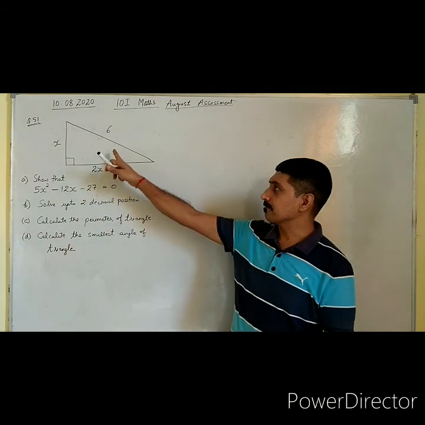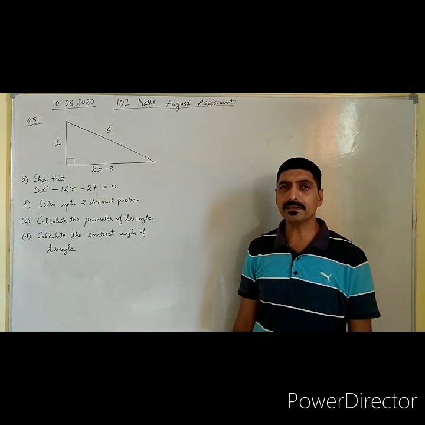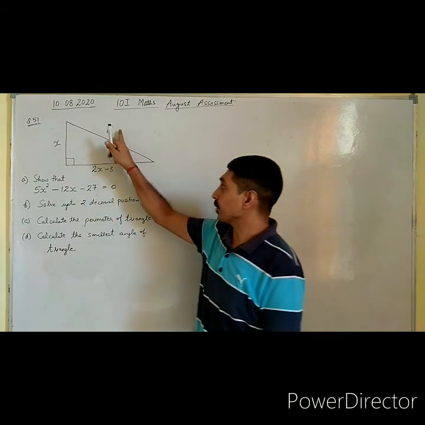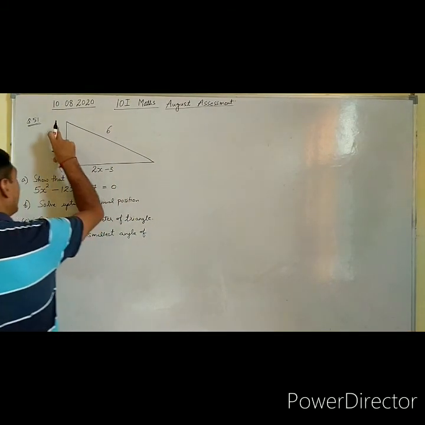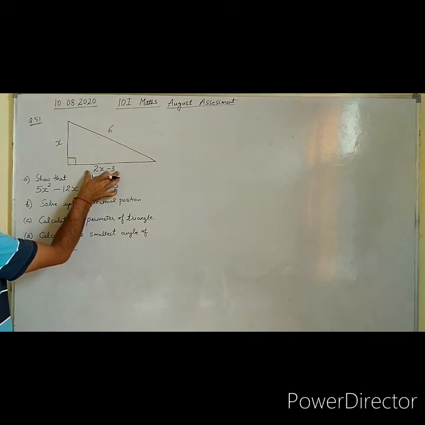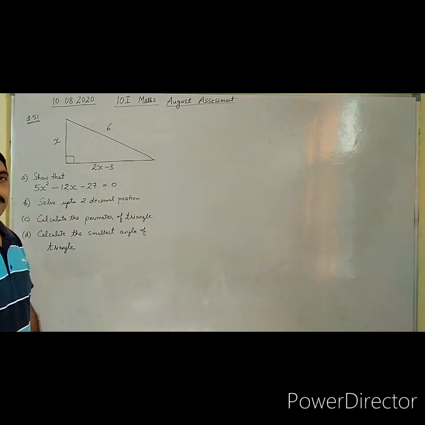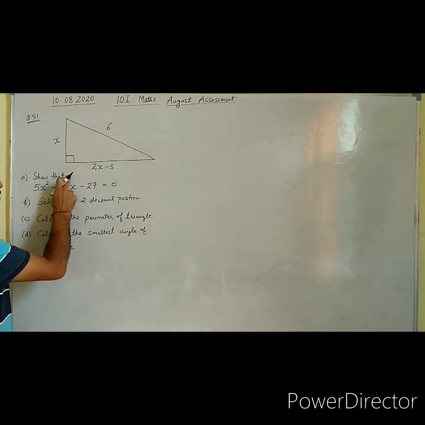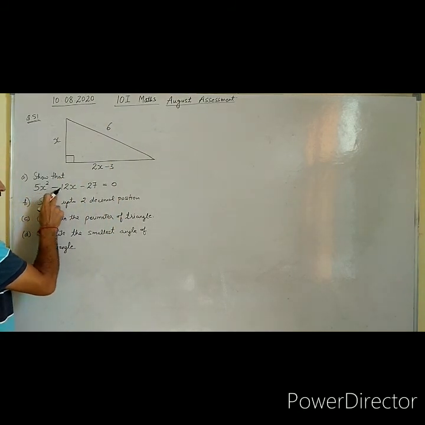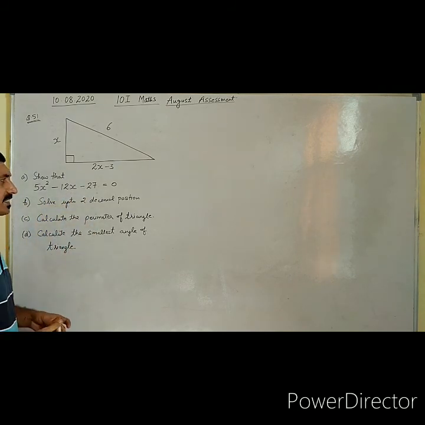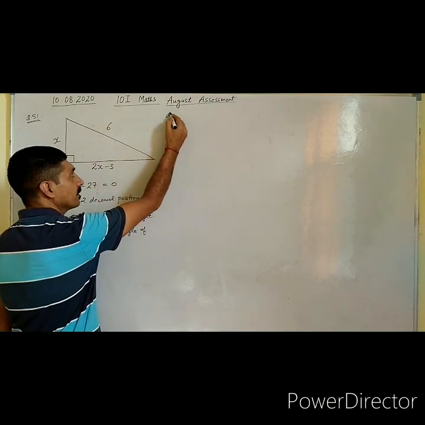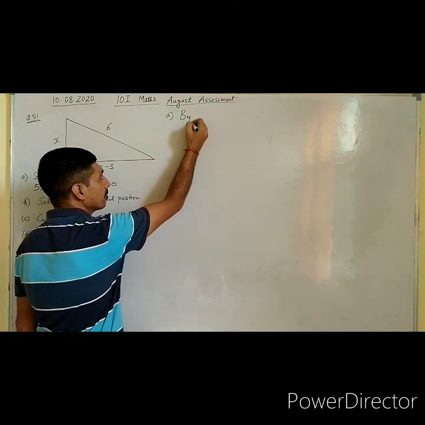Question number 51. A right angle triangle is given in which the hypotenuse is 6, the altitude is x and its base is 2x minus 3. First we have to show that 5x square minus 12x minus 27 is equal to 0. So here, by Pythagoras theorem, for the first part,